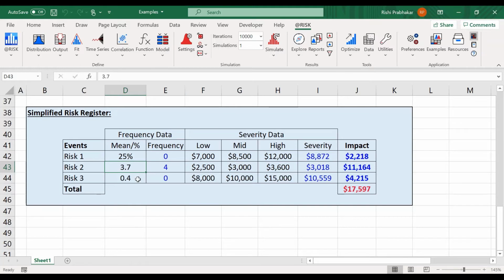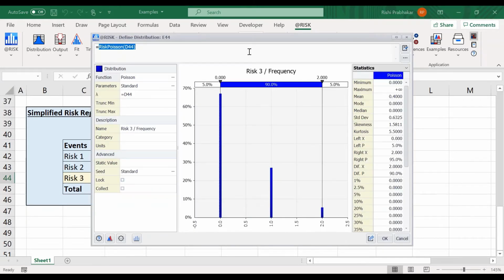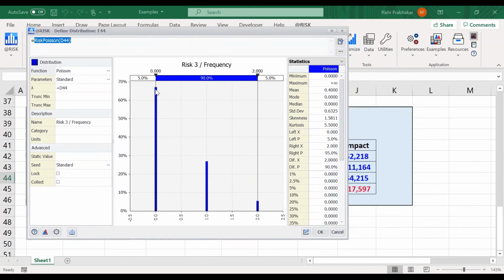Here's a 3.7, and note here's a 0.4. So I would expect this distribution to not happen. And there's nearly a 70% chance, 67% chance of 0. But it could be 1 or 2, or